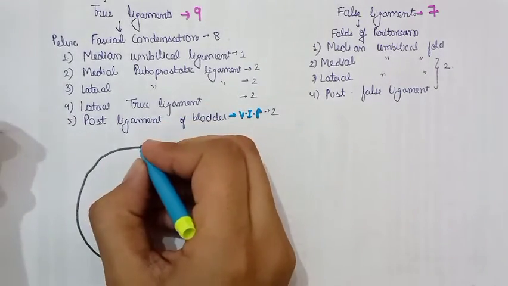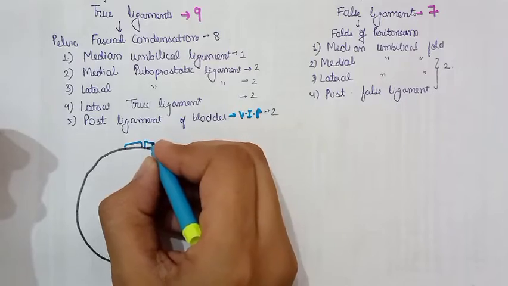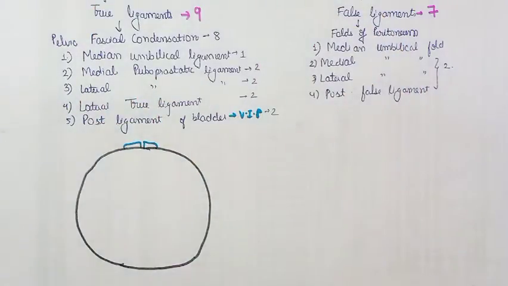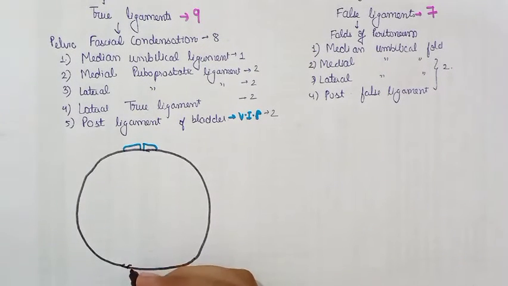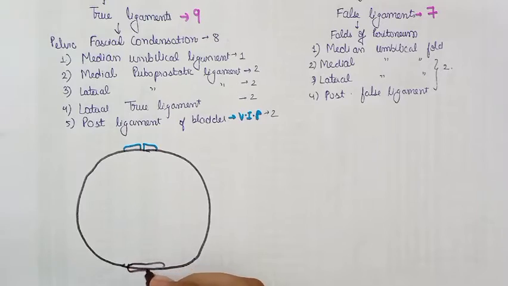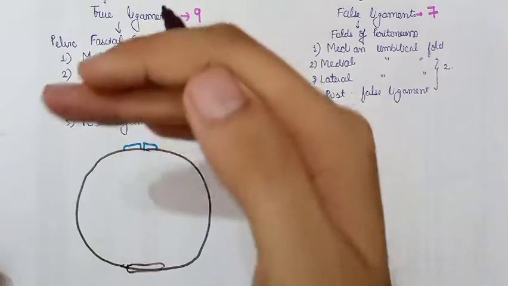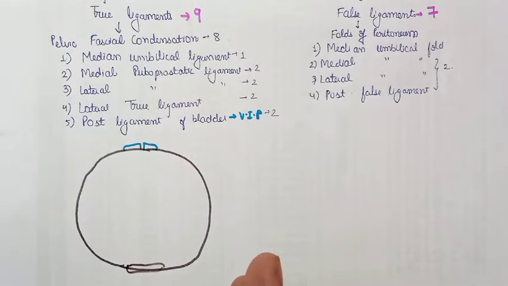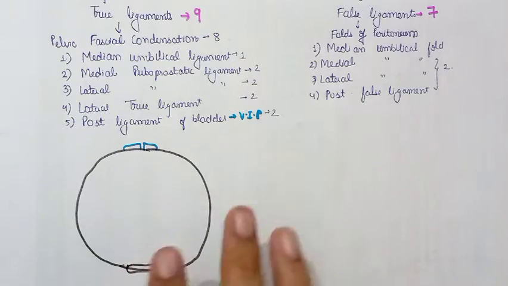Here we have the pubic symphysis. So this front end becomes the anterior end, and at the back we have the ala of the sacrum, that is, the posterior part of the sacrum. So this becomes the posterior end. This is the anterior end. So just carefully watch what I am going to draw, or what all structures are present in this section.